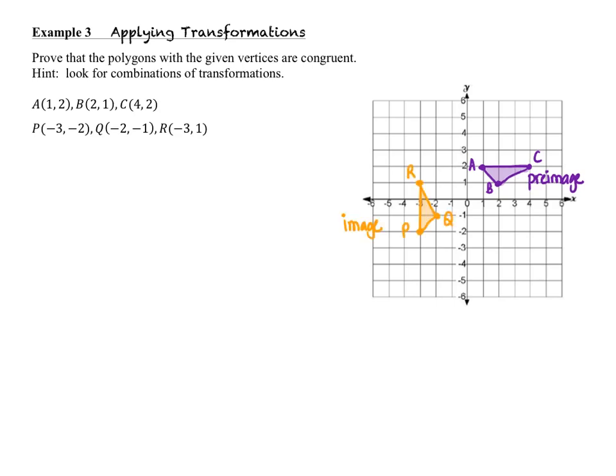We can see that the orientation of the pre-image is different. It is clearly there was a rotation that took place, because B started out at the bottom and now point Q, which corresponds to point B, is on the right hand side. So this definitely looks like it was a counterclockwise rotation of 90 degrees. However, we know that if that were the only transformation that had taken place, the image would not be in the location where it is,